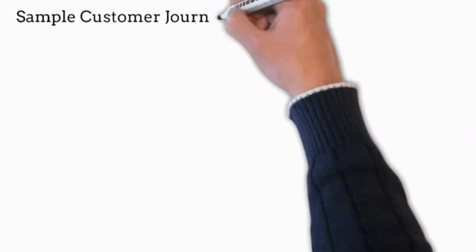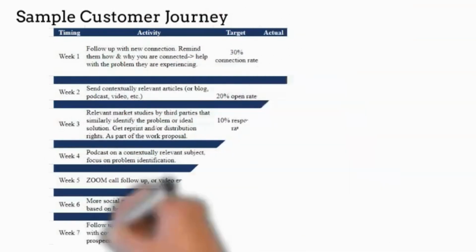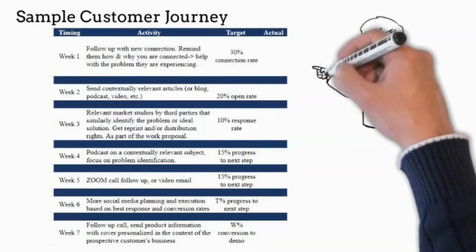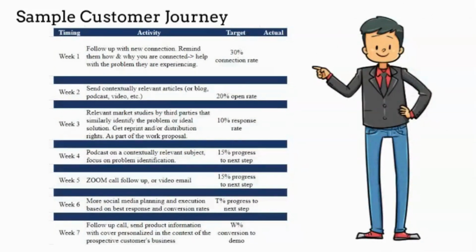And you notice that beside each of the weeks, there's a target. So that quantitatively, we know what we're doing, we know what level of connection conversion we're achieving. If we're following the rule of 7, this 7 weeks would give you about 7 points of interaction. But we know with a contemporary complex sale, you could be looking at more than 15 points of contact before that buyer's ready to confidently make a purchase decision.